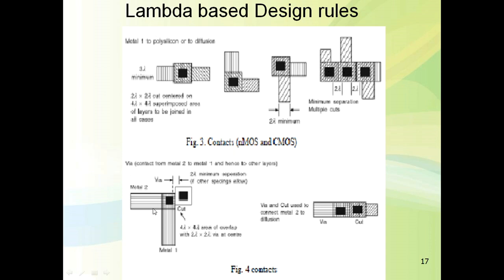Okay, these are also connections between metal 1 to metal 2. So that is called a contact between metal 1 and metal 2, or it is called a wire connection. Okay, so this is metal 1 and metal 2, the connection between the two is called a wire connection. This is metal 1, that is the vertical lines, and this is metal 2, it is a horizontal line. This is having 4 lambda width, this is having 3 lambda width. So distance between two contact cuts or two wires is 2 lambda.